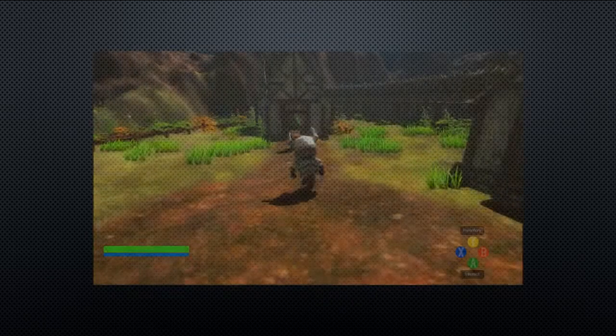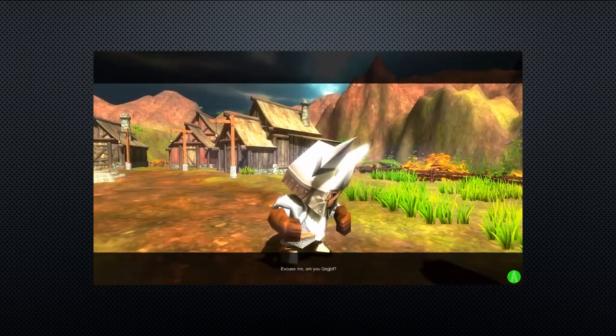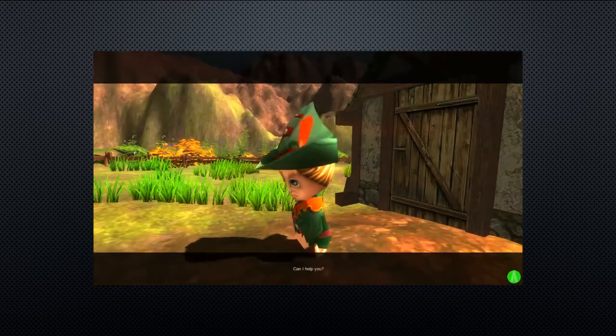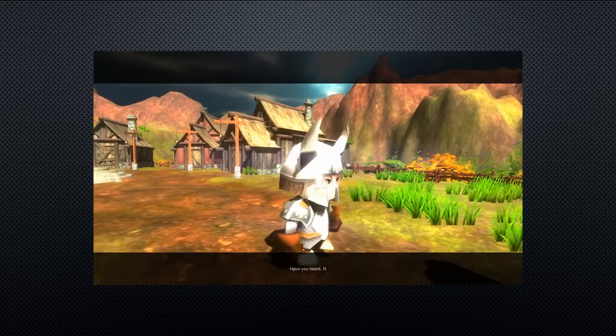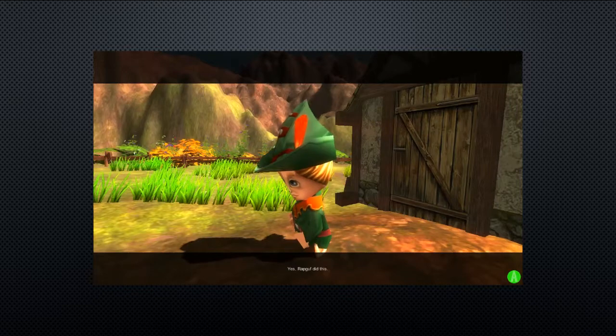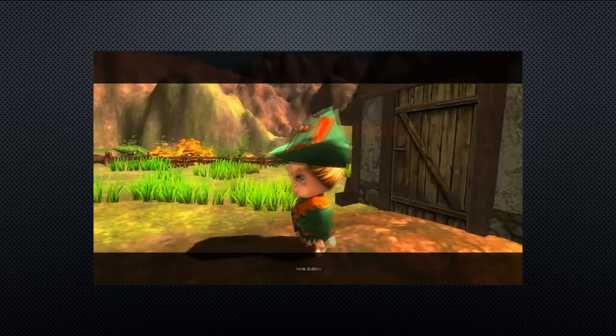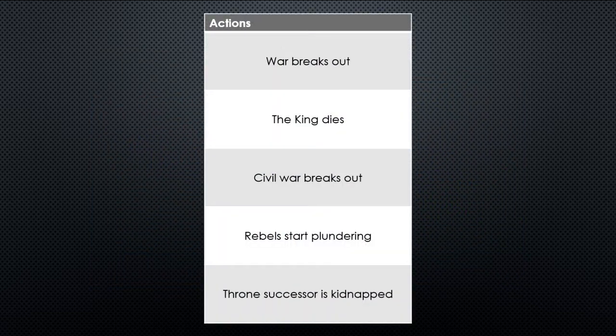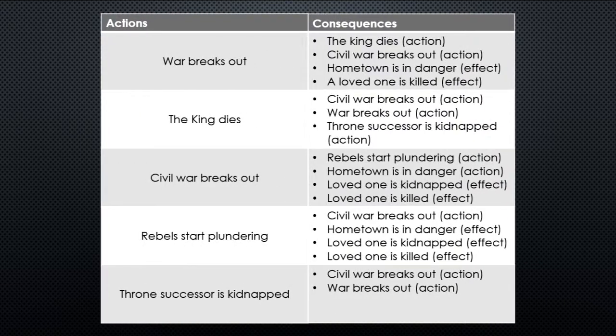I will briefly explain some of the most important steps. The first step is to find a reason for the hero to leave the ordinary world. To do this, we generate a chain of events that takes place before the story in the game and ends with an event that would force the hero to enter the special world. This is done by having a list of events. I call them actions, and with each action is a list of associated consequences. A consequence can either be another action or it can be an effect. An effect is an event that would force the hero to leave the ordinary world.